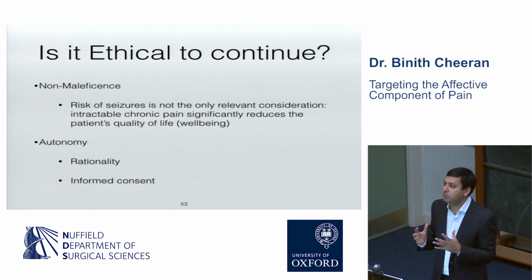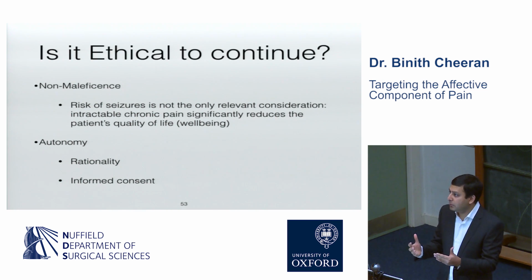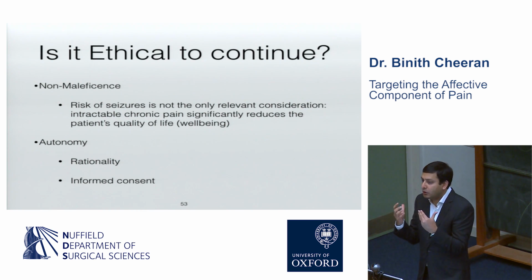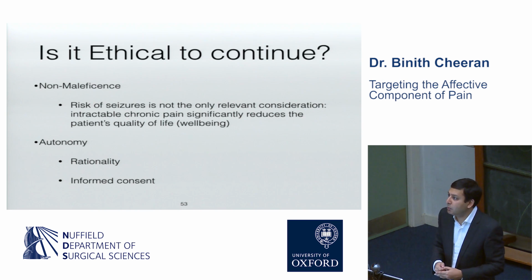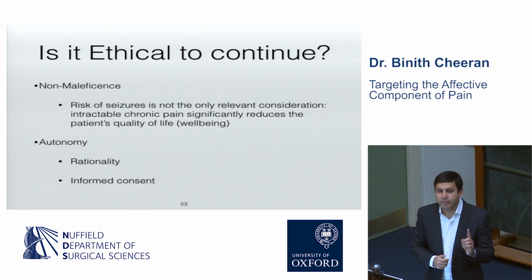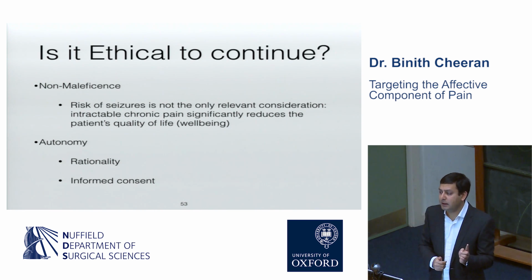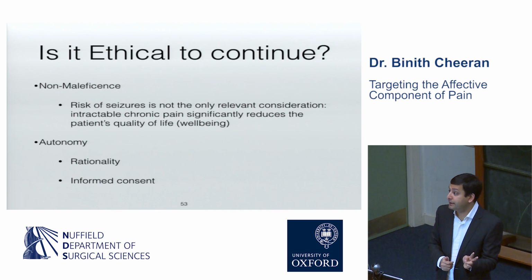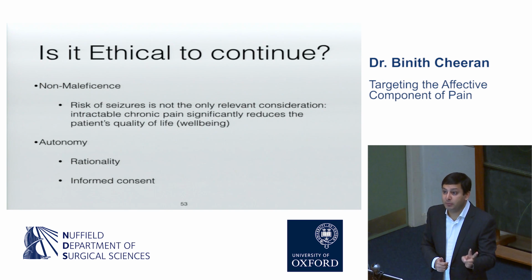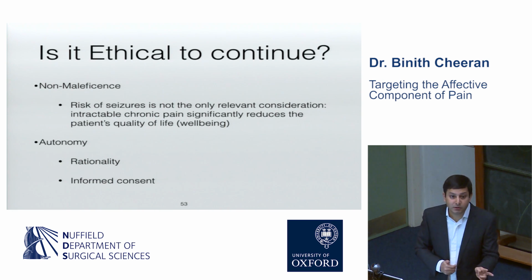Rationality, so that the patient should make a rational decision about this treatment. And informed consent. They should vividly hold in their mind the consequences, the risks associated with the procedure when they decide that they want to have this procedure. And I think the best way to illustrate that is both the patients with stimulation-induced epilepsy, the video that you saw and patient 3 that I described. They're desperate to have the stimulation switched back on. It's not just them, the families are desperate,